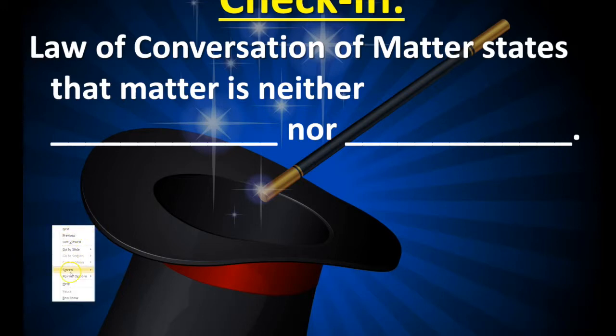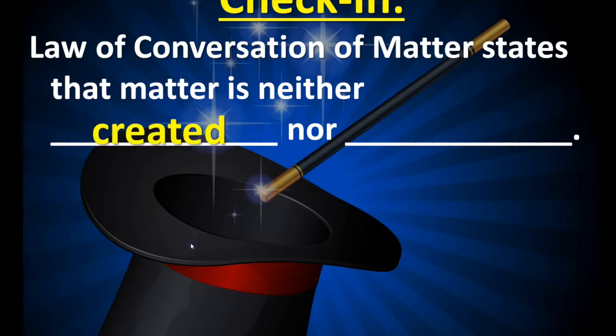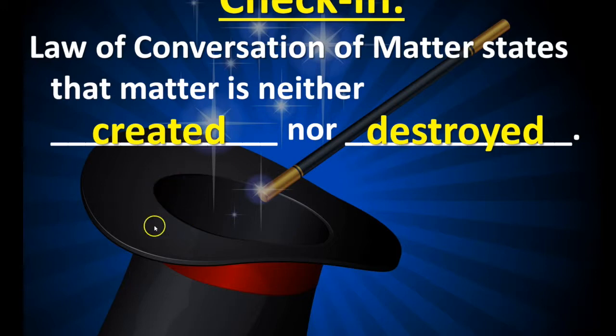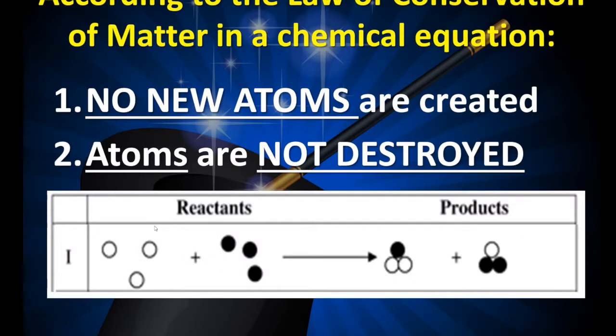Okay, and we know that the law of conservation of matter states that matter can be neither created nor destroyed. So we can't make something appear out of nothing and just vanish. It has to have already existed, or it changed into something else, which made it look like it got destroyed, but it's still there. You just can't eliminate it from the world. It's not possible. And according to the law of conservation of matter, no new